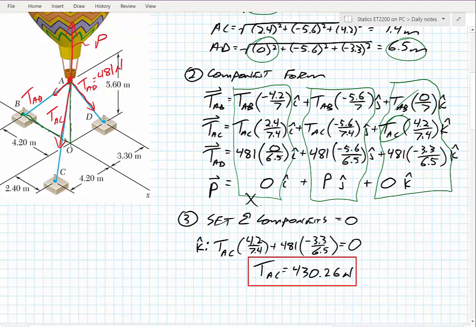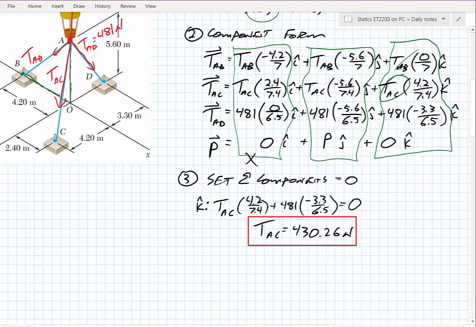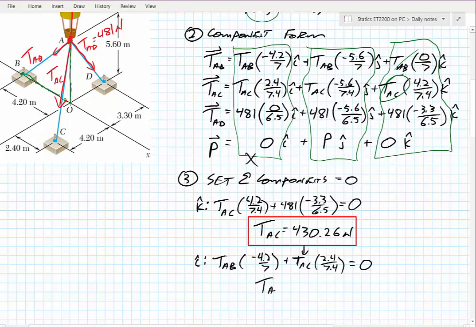Now, moving on, since I know TAC, I can go back to this X direction, my I hats, and since I know TAC now, I could solve for TAB. So the second one I would go to is my X, or my I hat direction. If I do that, I have TAB times this minus 4.2 over 7 plus TAC times 2.4 over 7.4 is equal to 0. And then I can sub in this TAC right there, and I can solve for my TAB. And I found a TAB to be